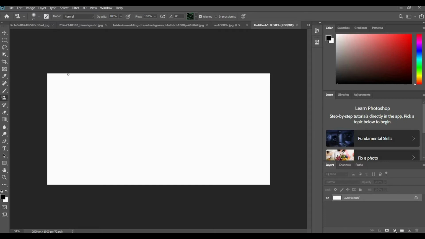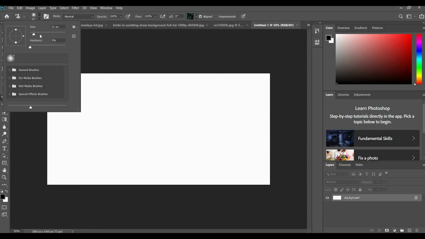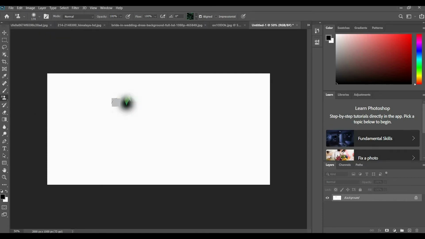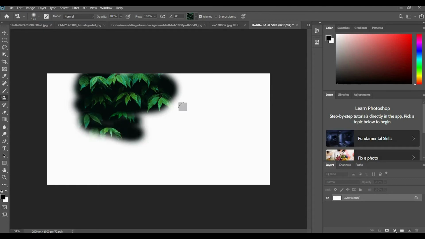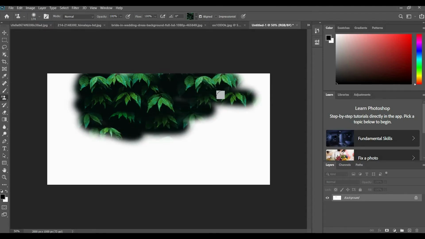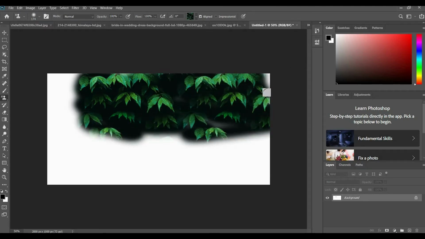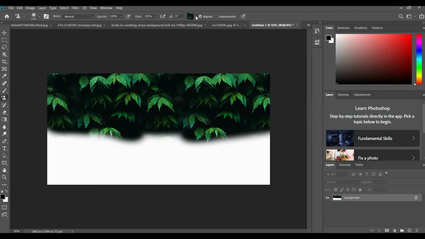The brush is very small, so I'm increasing the size of the brush. Just click and drag. So this is the pattern. You can change the pattern like this.